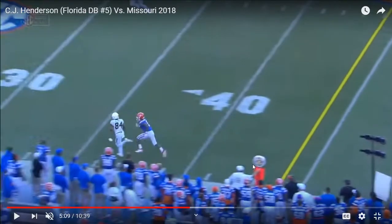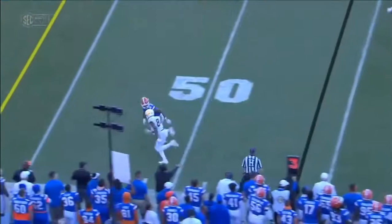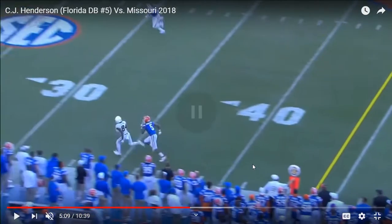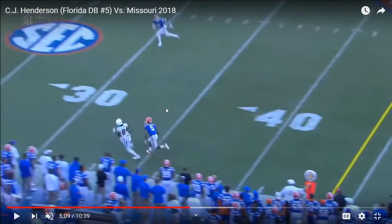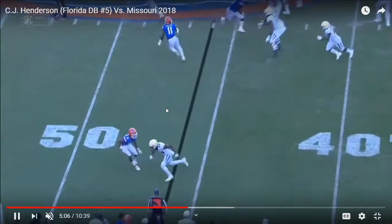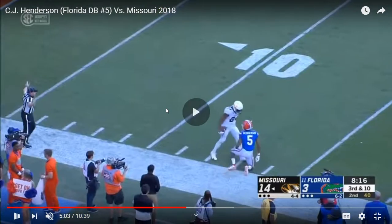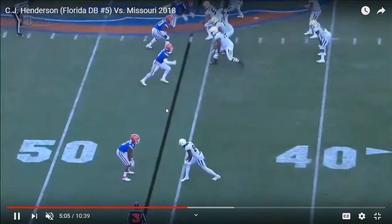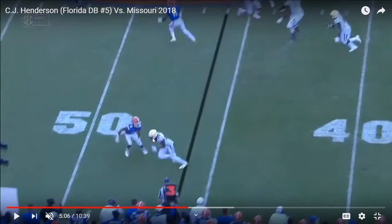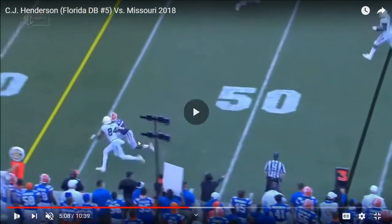Oh, okay. So, this is kind of interesting here. I don't necessarily want to call this lack of speed because I don't think he's slow. But he kind of gives up a little bit too much separation here. And part of that is because he waited a little bit too long to be physical, which is something that he hasn't been doing this game. For the most part, he's been really nice in terms of being aggressive with the line, but instead, here he